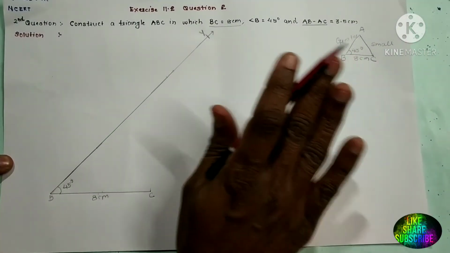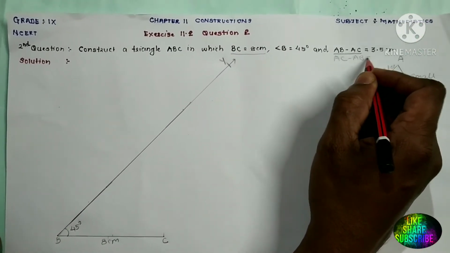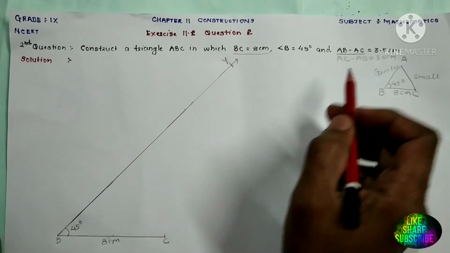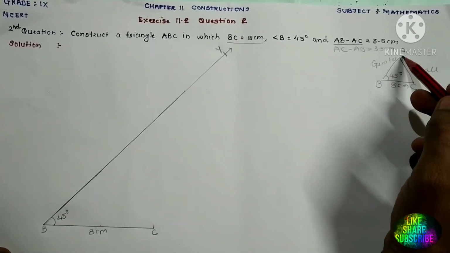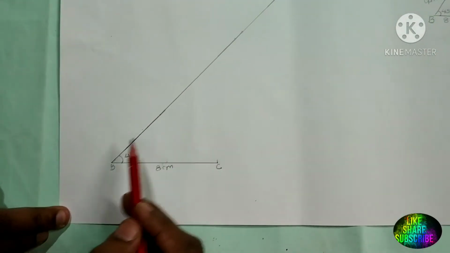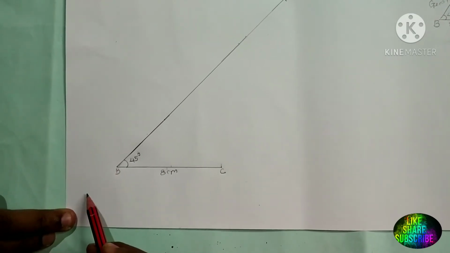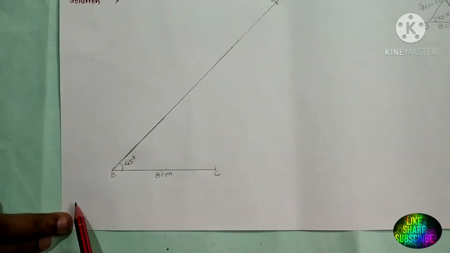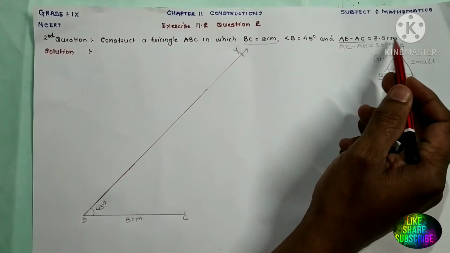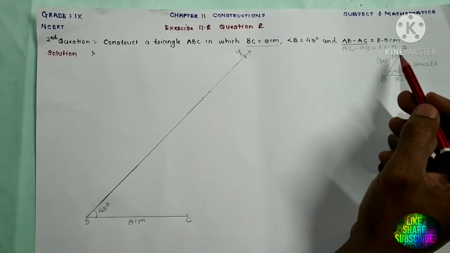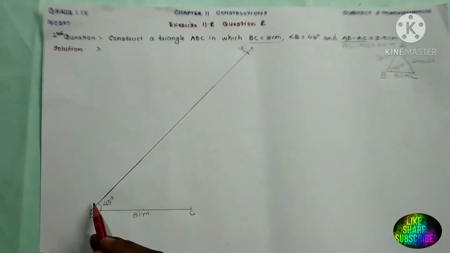So this point all you have to remember. If the difference AC minus AB is equal to 3.5 cm was given, now in this difference AC is greater than AB. Means this side AC is greater. Then this distance 3.5 cm you have to show below the base BC. Here you have to show by extending this ray YB here. But in this question AB minus AC is equal to 3.5 cm is given and AB is greater than AC. Means this side is greater, AB is greater. So I have written here greater. So this you have to show here.